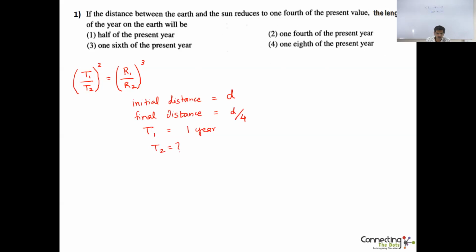This is what we need to calculate. Using the relationship that I have listed here, this will be equal to